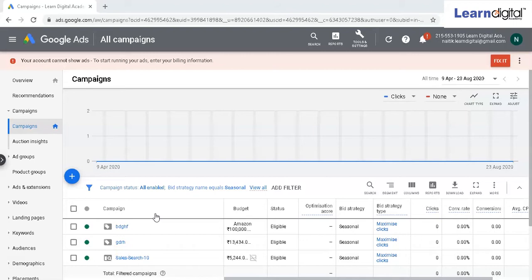Prepaid account means you recharge it, you add money in the account, and that money will be utilized for your campaigns. In the same way, we've got a postpaid account where they spend money on behalf of us. They use the money on a credit basis, and at the end of the month you get a bill to your mail ID, and you have to pay that money. Let me show you in detail how to proceed and add details.